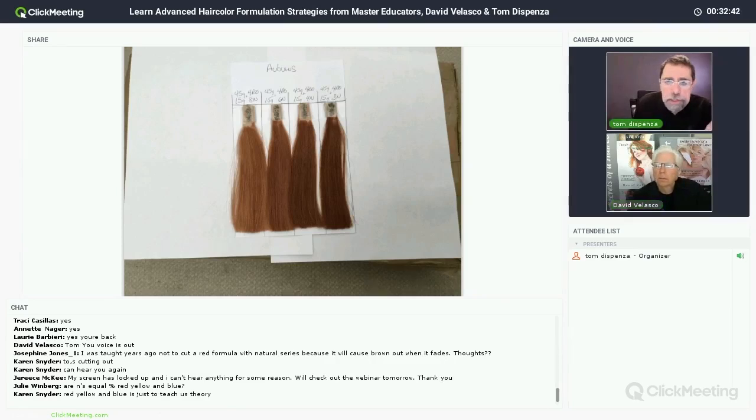These are the auburns, diluted here with neutral, but also, as David was saying, with golds. Okay, here comes one of my favorite topics, and that is